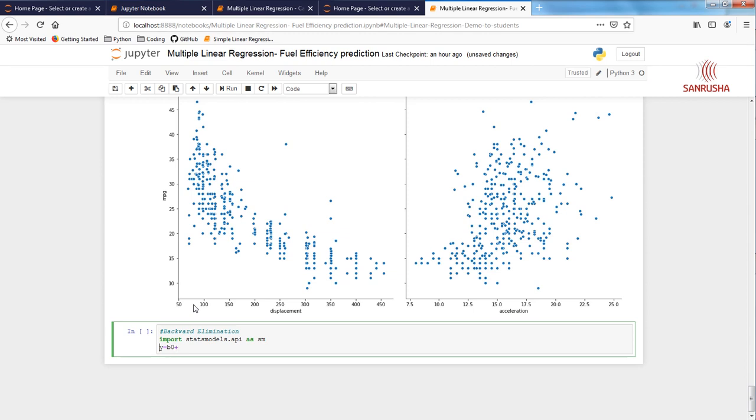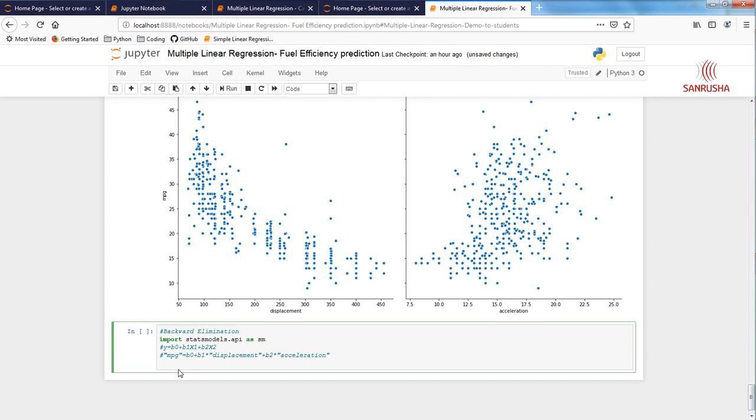So at this point, if you look at this, we got a formula which is y equals b0 plus b1 x1 plus b2 x2, wherein y is actually our MPG, b0 is going to be a constant, and then b1 is a coefficient, and this one is going to be displacement, and once again b2 is another coefficient, and this one here is going to be acceleration.